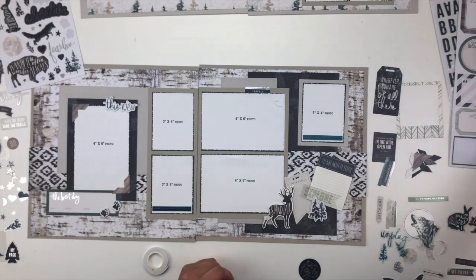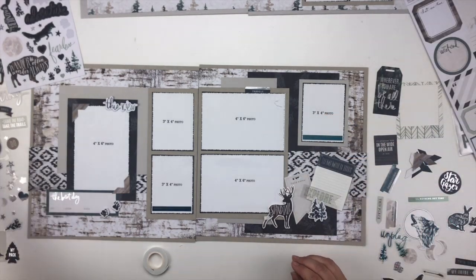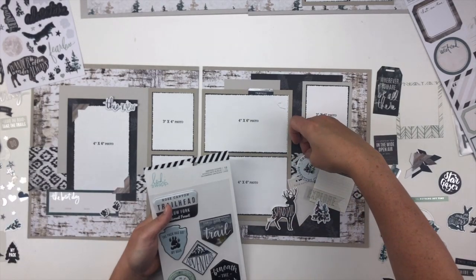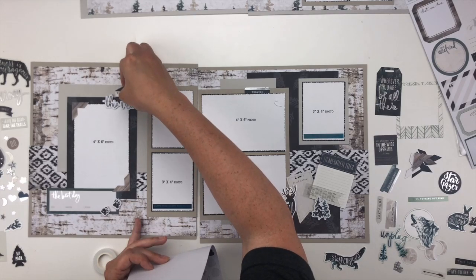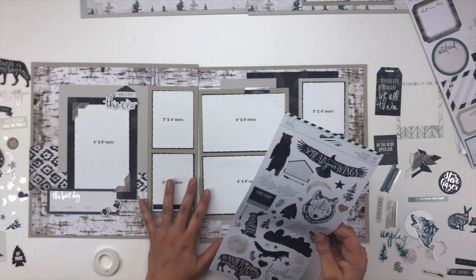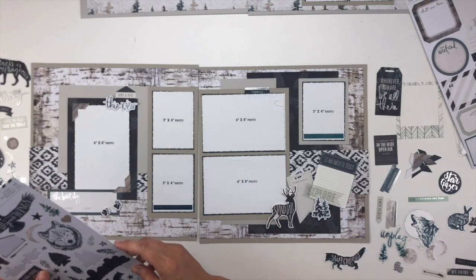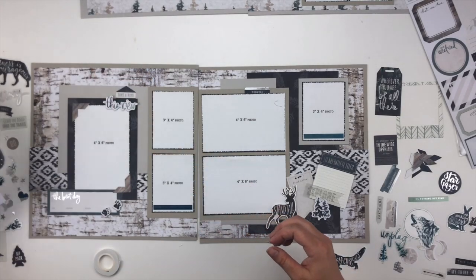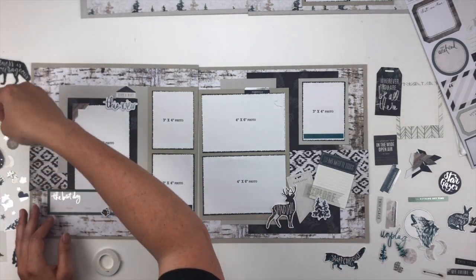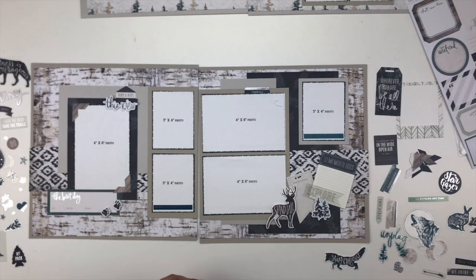Otherwise you would see the adhesive. I really don't have good adhesive around the house right now for vellum. A lot of my adhesive, it's not clear. So there are better products than what I used in this video for clear types of embellishments, like there are in this kit. So here I directly adhered this Take a Hike